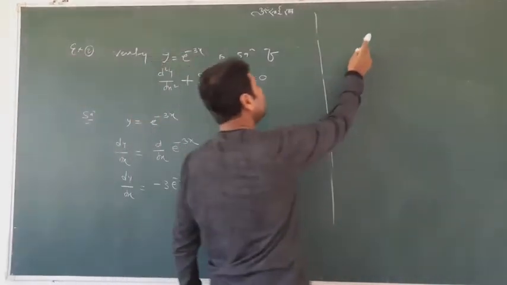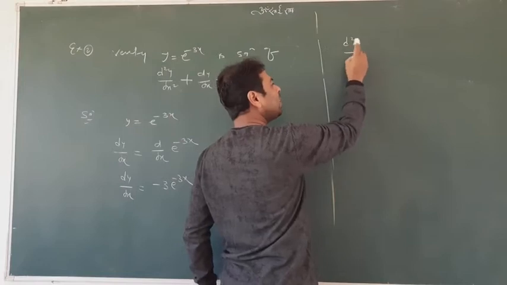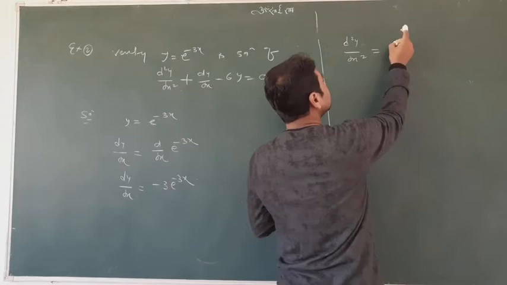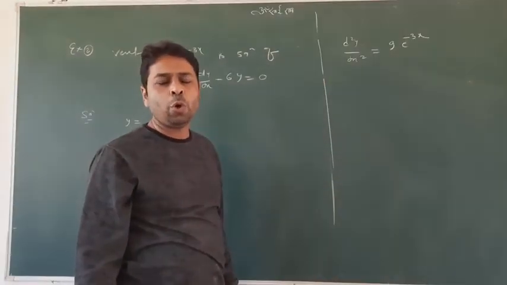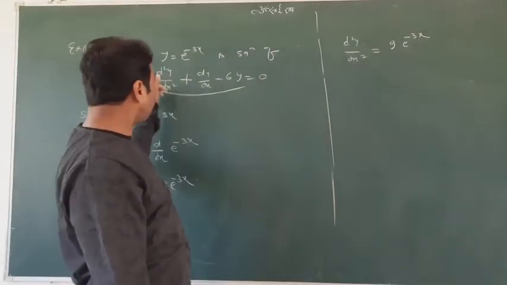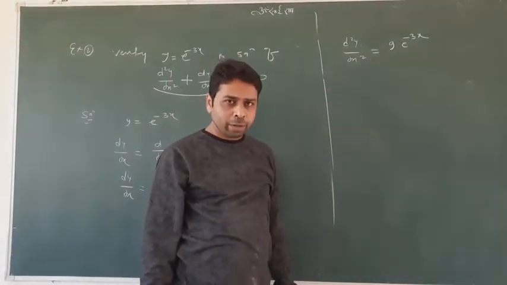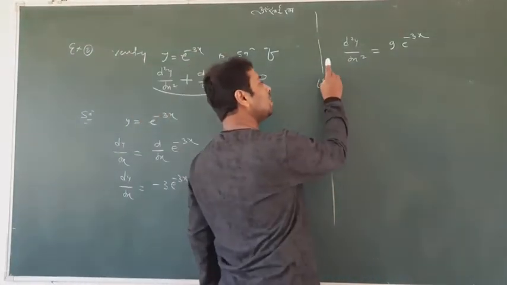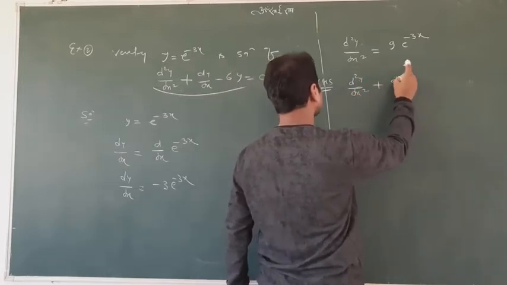You have to differentiate again because in the requirement we have 2 times differentiation. So I'll do the second differentiation like that. The answer will be 9 e to the power minus 3x. You know how to differentiate the term. Have you got the complete answer at once? No. So what to do? We have another way, as we are not able to get the whole answer there. Okay, so we take the left hand side. Anyhow, student, we have to verify the term.